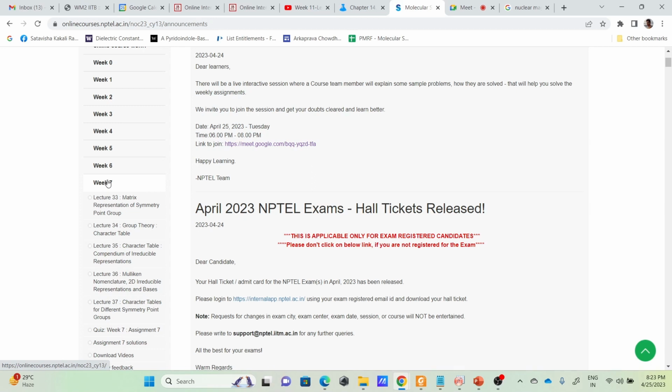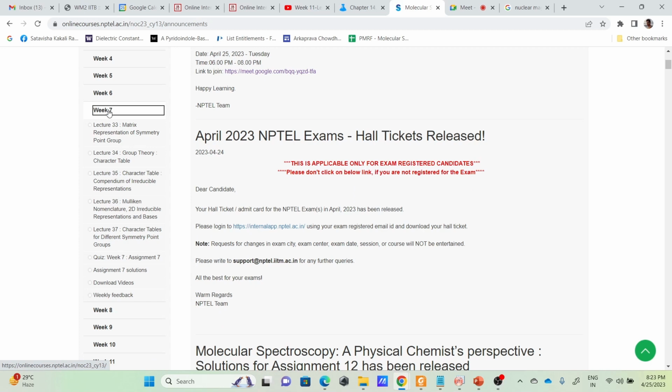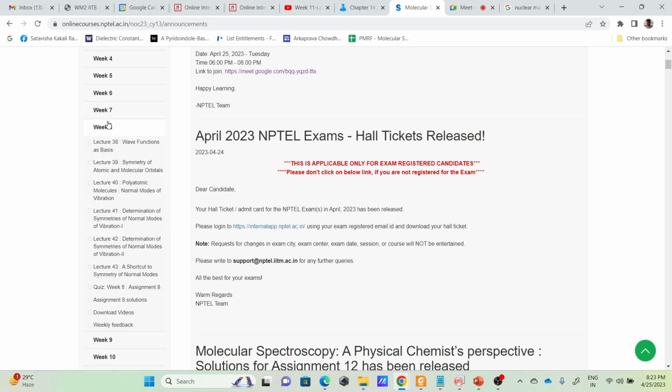Then we understood the point groups, character tables, and how the characters of each point group give us the irreducible representations, and what the nomenclature of each irreducible representation in the character table is. There we learned about the great orthogonality theorem, right? The relationship between each irreducible representation came up at that time. And in week 7 we did that, and in week 8 we went to how we can use different atoms